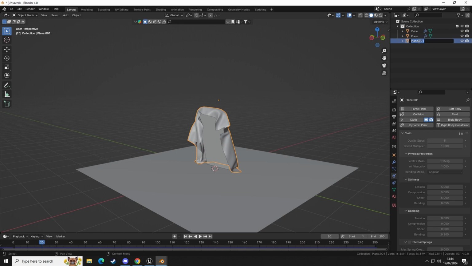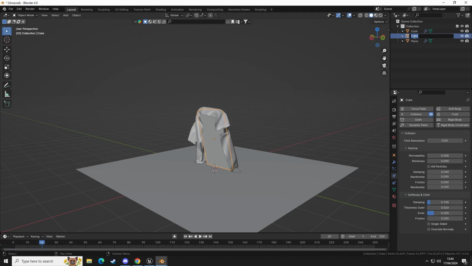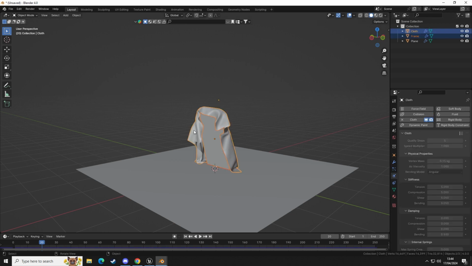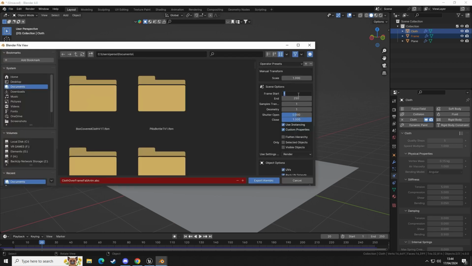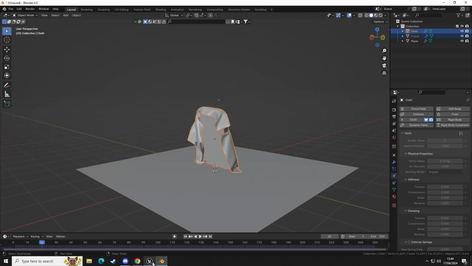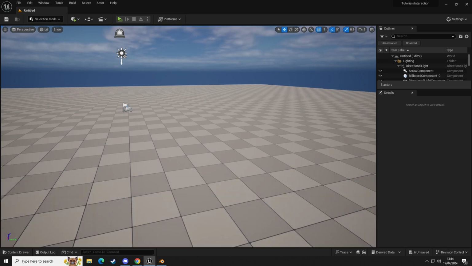So we're going to go with cloth, and we're going to go with frame. So let's open, double click, tap frame, so we know exactly what it is we're exporting. So let's go to export, and then we'll do Alembic, frame 20 and 250. We'll have to increase the scale inside Unreal. So let's do export,